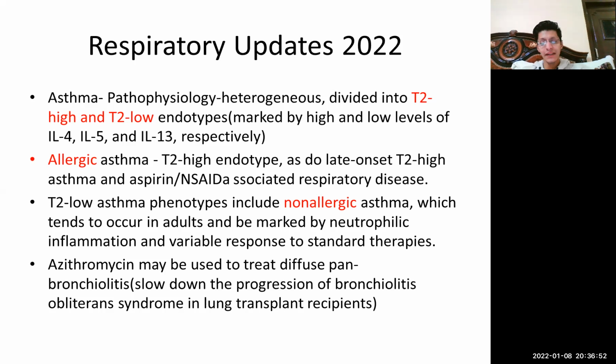In allergic asthma, which is more common, you have T2 high endotypes. This is detected as late onset T2 high asthma, and even your aspirin or NSAID induced asthma comes into allergic asthma. Then we have T2 low. T2 low is non-allergic asthma, which is not caused by any allergic pathogen. And how is it marked? It is marked by neutrophilic inflammation,